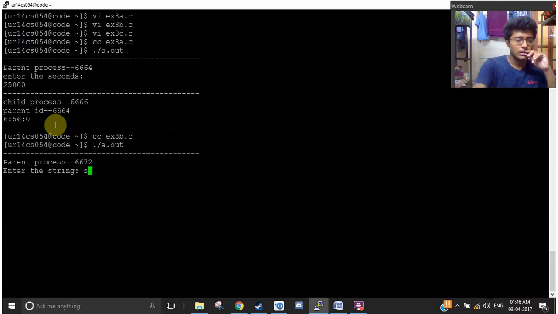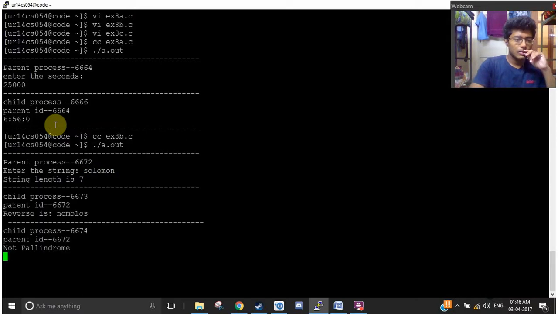Enter the string. It says the reverse is numerals, and it's not a palindrome, and then the sleep time. And then for the third one,